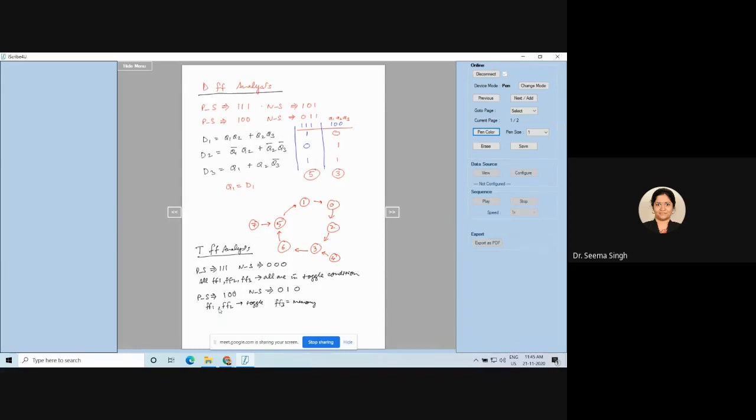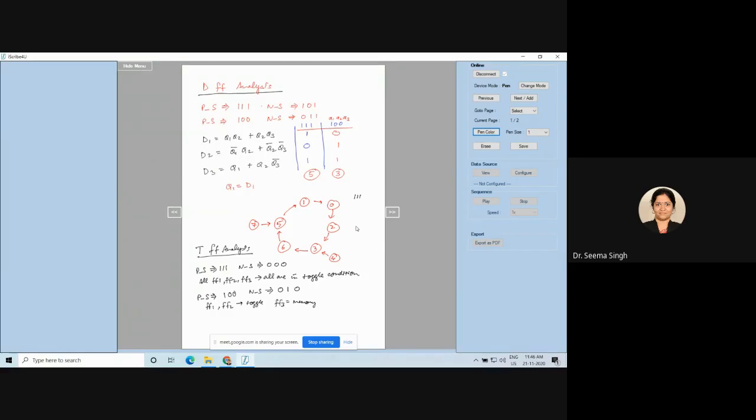So what do you see? From 4 it will go to 2. So means here, 7 is going to 0, 4 is going to 2. So is it a self-correcting counter? Yes or no? Is it a self-correcting counter or not? Yes, ma'am. So I will write in a different fashion.